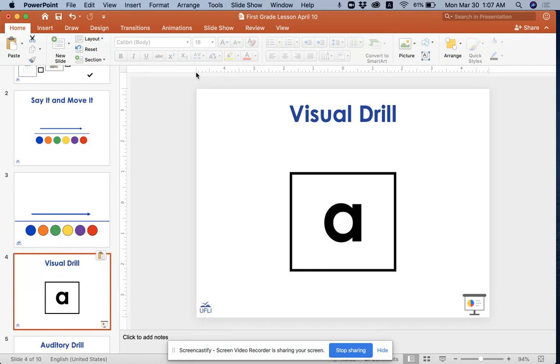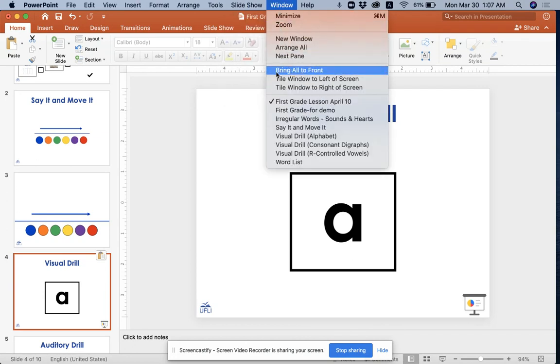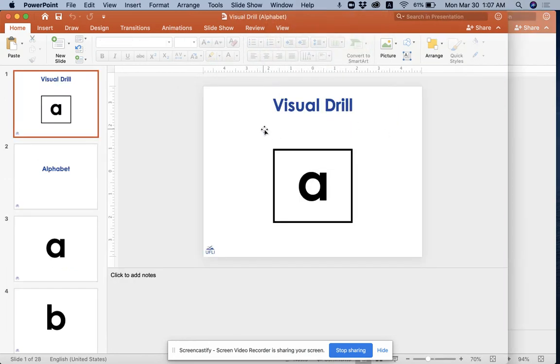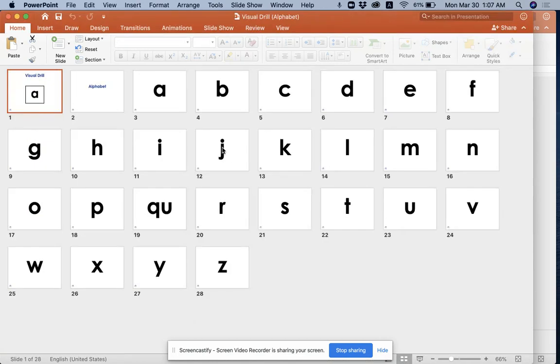Now for the visual drill, I am going to go to a couple of different slides, the alphabet one, and on this one I'm going to put it into slide sort to be able to find things a little bit better, a little bit more quickly. I can select this, and then if I click shift, I can pick several things at once. So I'm going to do A, B,